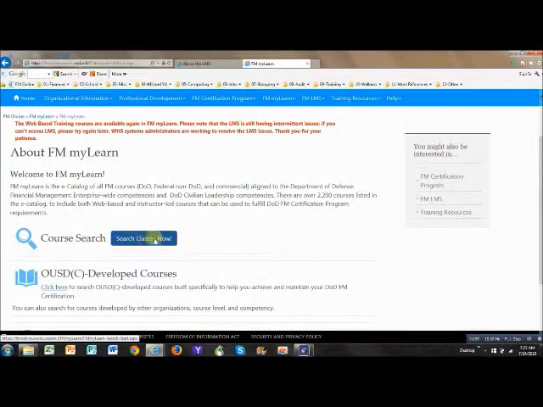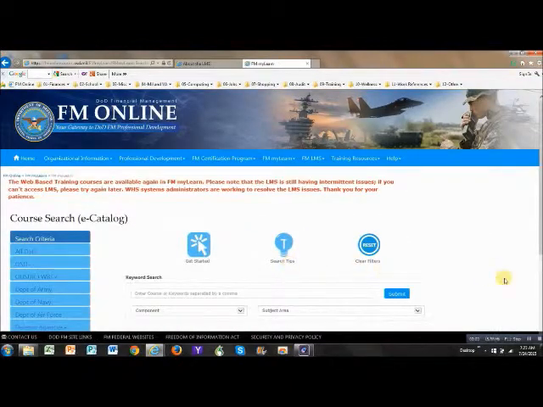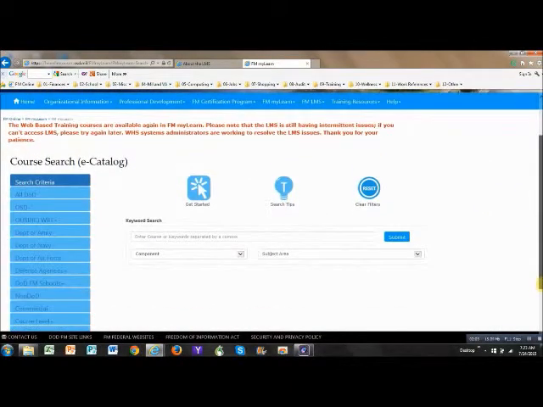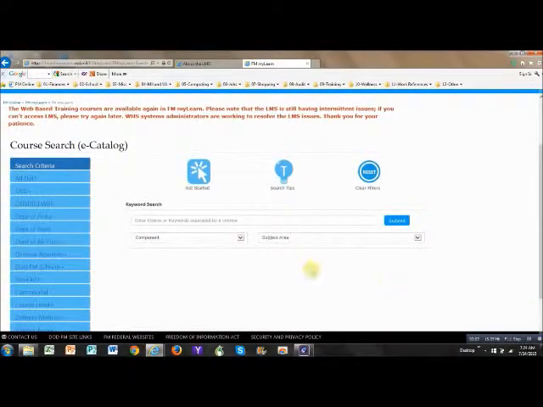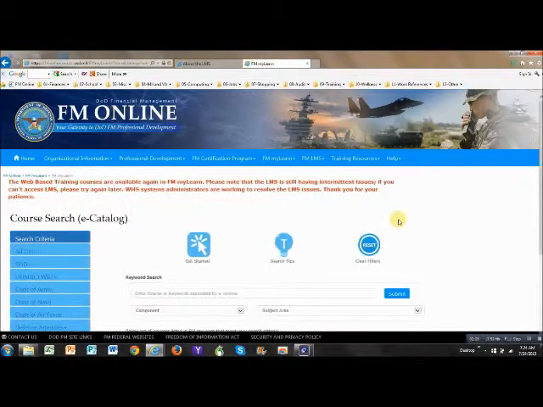So we're going to click on the search classes now. When you go to search classes now, it brings up this search box that allows you to type in a course name. So we're going to type in the keyword Enhanced Defense, and that's all we're going to type. And we're going to hit submit. And when we do that,